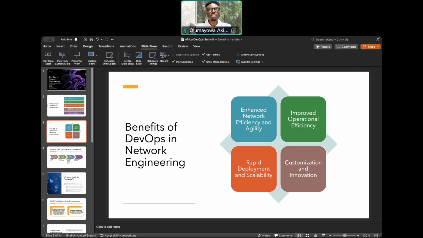We also use agile methodologies combined with DevOps practices to ensure that network changes can be implemented quickly and efficiently. Rapid deployment and scalability also allows us to have dynamic resource allocation, in the sense that we can use orchestration tools like Kubernetes to dynamically allocate network resources based on real-time demand.